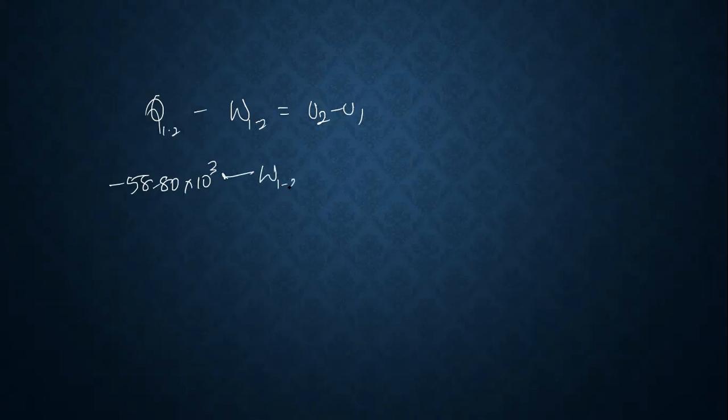Once you get Q1 to 2, apply the first law of thermodynamics. Q1 to 2 minus W1 to 2 is equal to U2 minus U1. Q1 to 2 is minus 58.80 into 10 to the power of 3 minus W1 to 2, and U2 minus U1 is minus 42 into 10 to the power of 3. So W1 to 2 is minus 16.8 into 10 to the power of